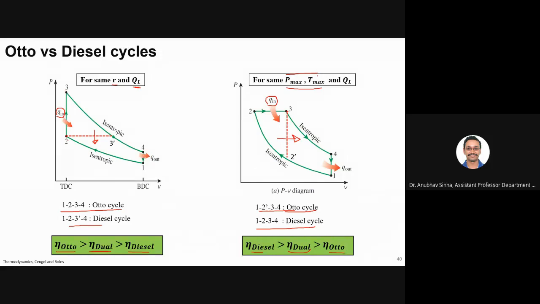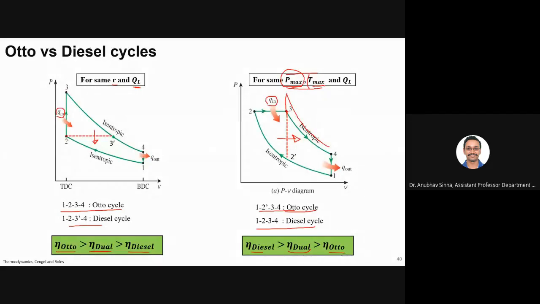Okay, your question is that if we fix Pmax, Tmax is fixed? That is what you are saying? Pmax and QL. Okay, but let us see, if you fix Tmax, P is not fixed, so P can also vary. For example, this could go up, then this cycle will be different.